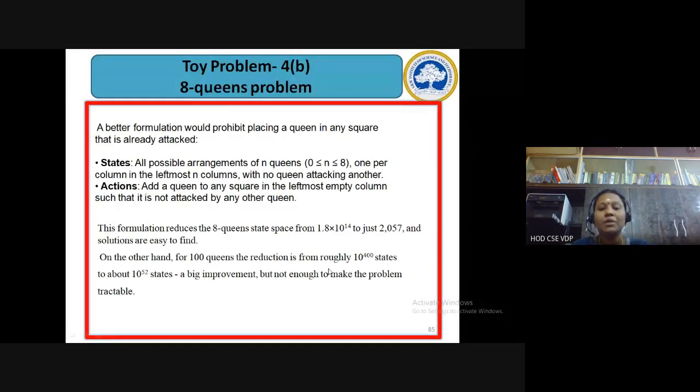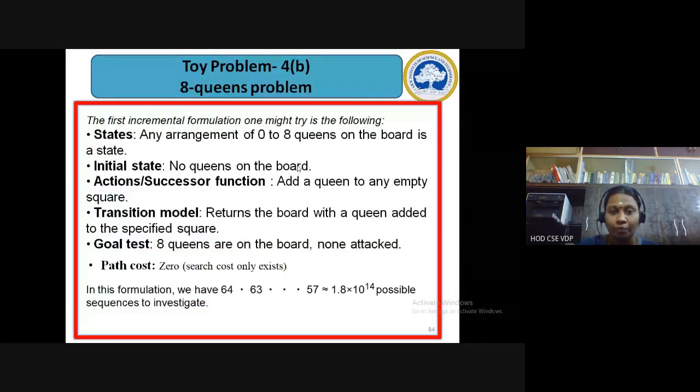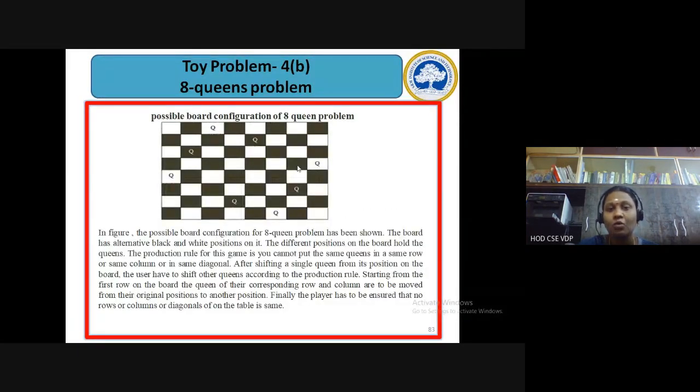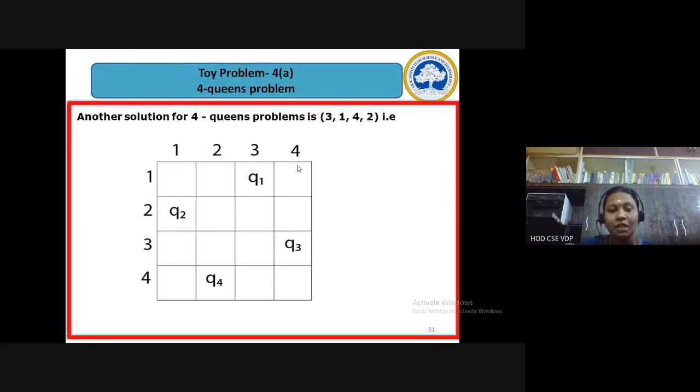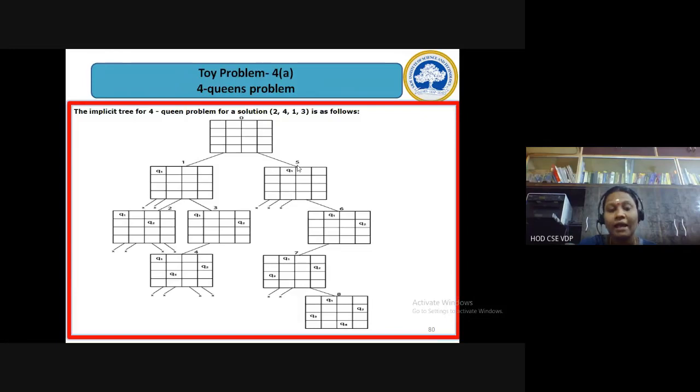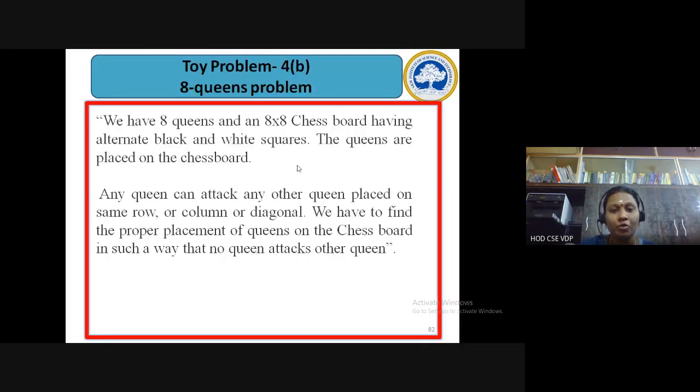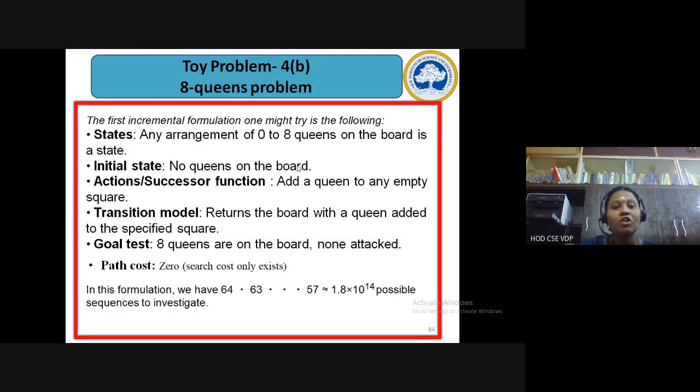So there's one simple solution, another solution that was also given for the 4 queens problem. What they say here is, here we have added one queen at each row, and then if we cannot place the queen, we have to backtrack. Yeah, we have backtracked, and after backtracking, we have got another new position for the queen. This was our solution. Another solution that was proposed in the literature is, instead of placing the queens in row-wise order, you place the queens in column-wise order, right?